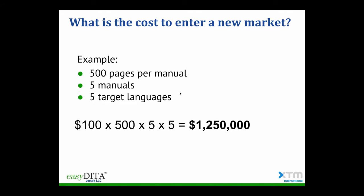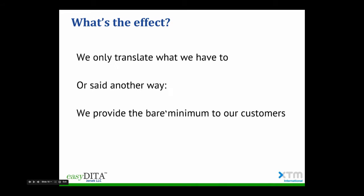So on average, we think that if someone was looking at going into Europe, they're probably talking maybe one or two different languages. So we looked at 5 languages with 5 manuals, and we came up with a cost which is $100 times 500 pages in the manual times 5 languages, and we got the $1,250,000 budget. So that's what you're looking at spending or are spending, but maybe you're unable to track it all at the moment. So these traditional methods,